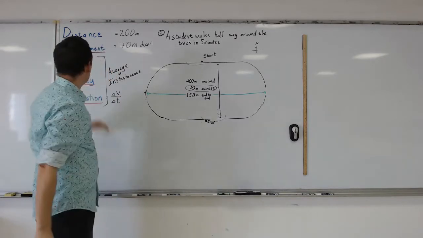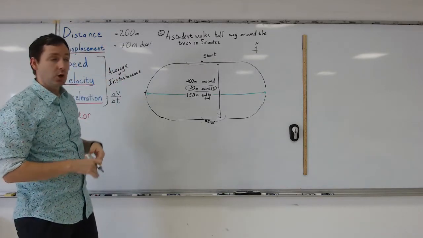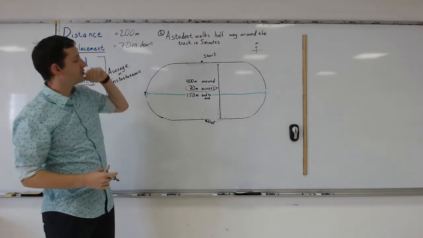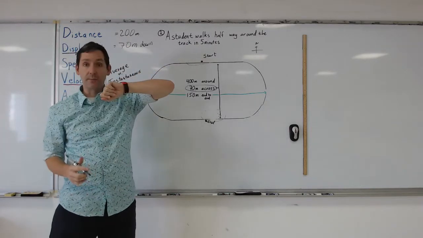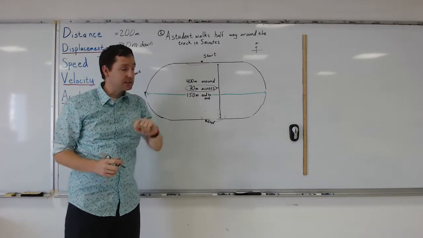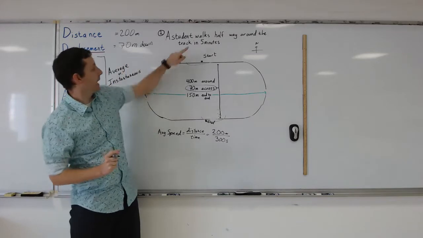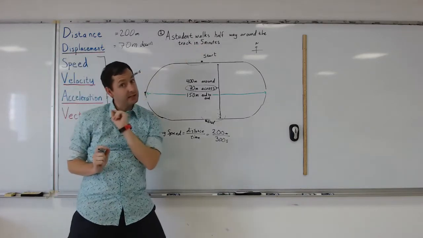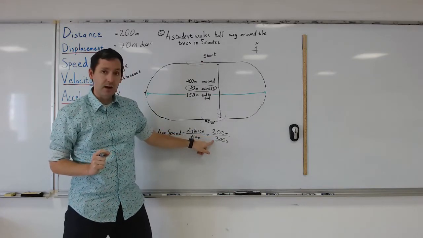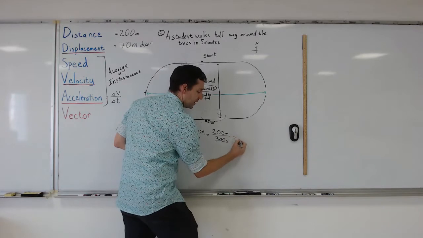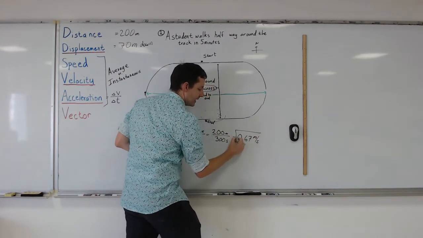All right? Now, speed. Again, let's look at average speed. We're going to take the total distance that we traveled, which was 200 meters, and then the total time. Remember, average speed is distance over time. So distance was 200 meters, time was 5 minutes, which I'm going to put into seconds. Remember, we want it in our SI units. So 200 meters divided by 300 seconds, and hopefully we get